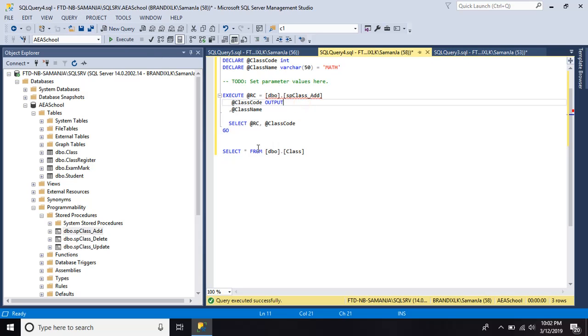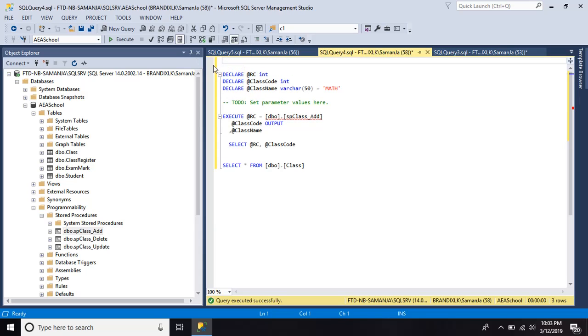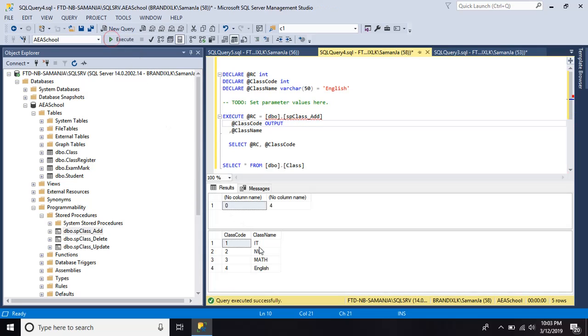Yes, the thing is, if you put this GO statement, that will terminate the query, so we have to remove those GO statements, and we add another class called English. And if you run this one, our output parameter is 0. This is executed properly,